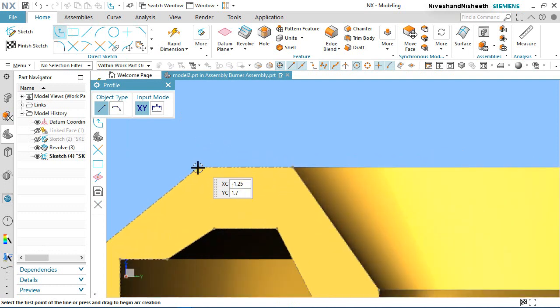Click the profile command and start the sketch from this point.